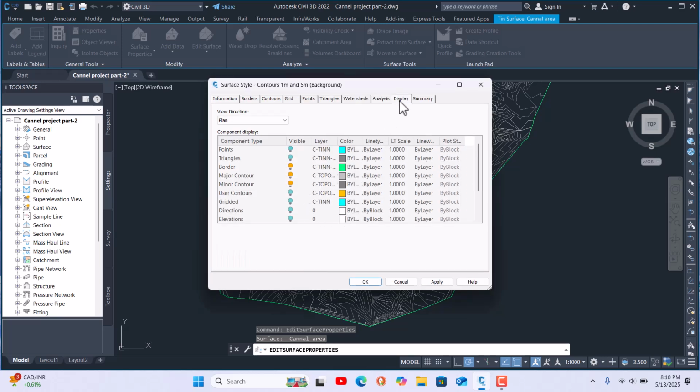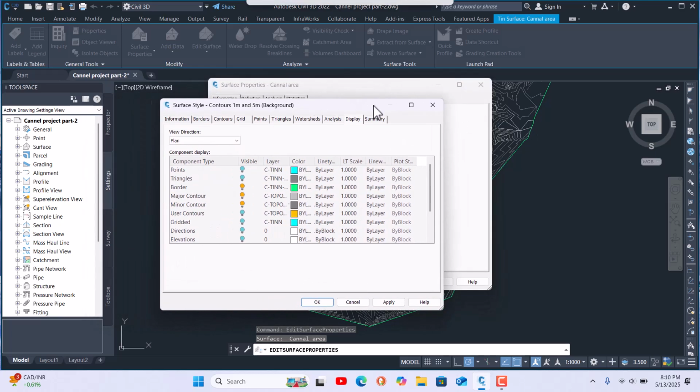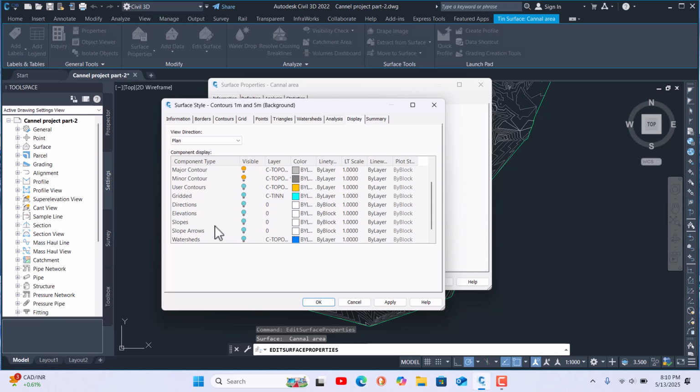Then come here to the display tab. Here there are so many layers. Some layers are off, some are on, like the border, minor contours and major contours are on, and we can see them on our screen here. If we go down, here is the slope arrow.